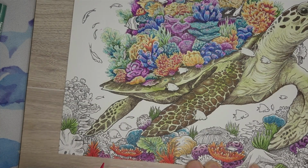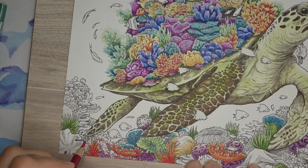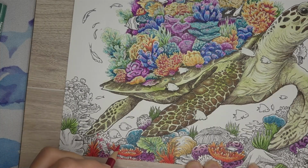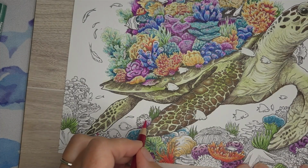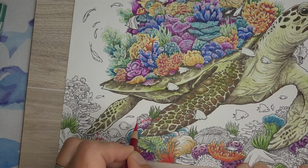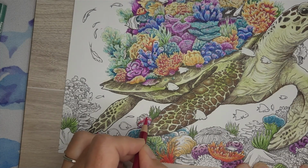And then I have more areas of the orange, the fiery colors. Oh, I see a little grass there. And this is my darkest burgundy color. Up above I used the Languo